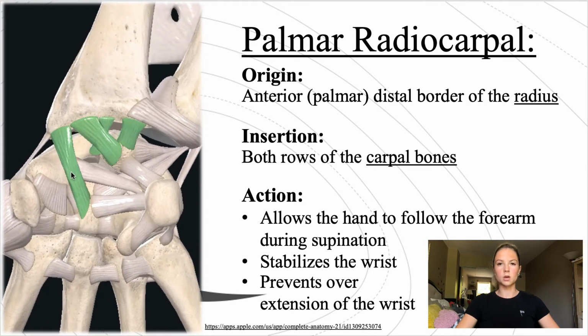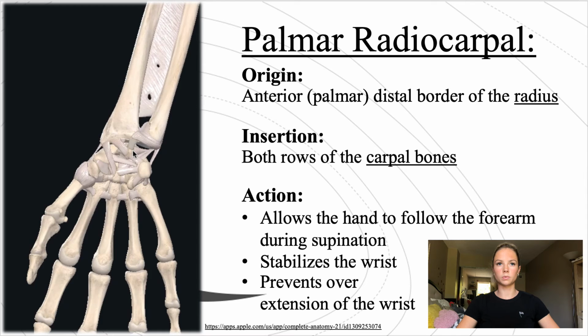4 parts to it. Going from lateral to medial, we have radioscaphocapitate ligament, the long radiolunate ligament, the radioscapholunate ligament, and the short radiolunate ligament. They originate on the anterior distal border of the radius and insert on both rows of the carpal bones. Its action is to allow the hand to follow the forearm during supination, to stabilize the wrist, and to prevent